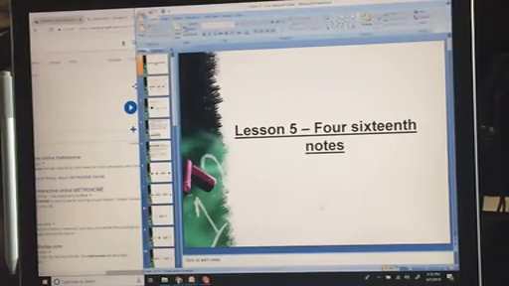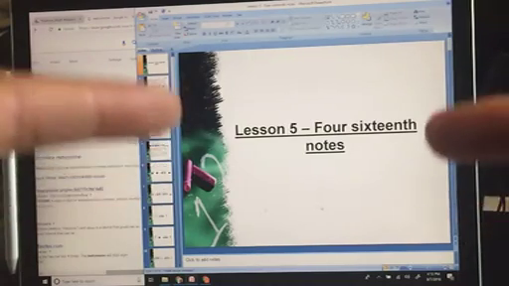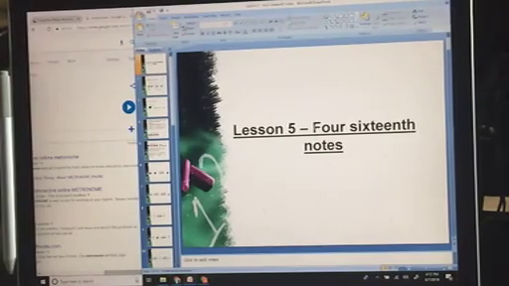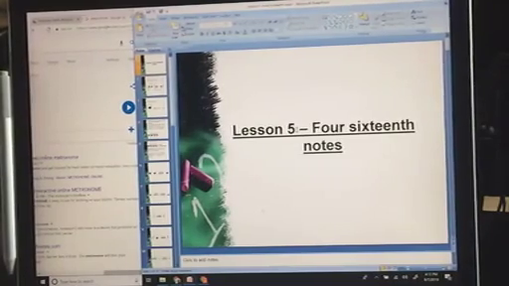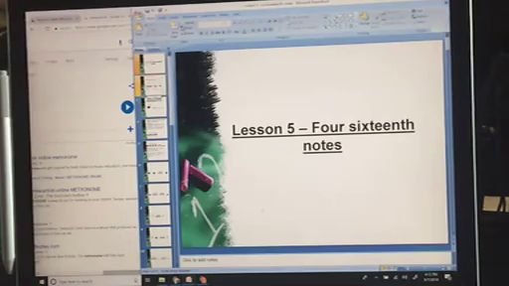If you made it this far and understood everything that you've learned in lessons 1 through 4 and really understand how paired eighth notes sound, then I commend you for getting this far, because now things are going to get a little bit more confusing. Lesson 5 is going to teach you about 16th notes. Yeah, the names change because there are different symbols. But before we start learning about 16th notes,